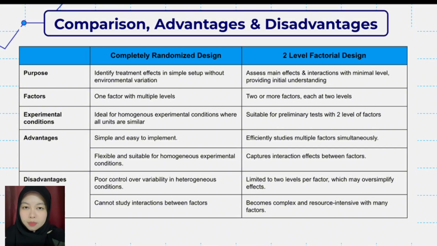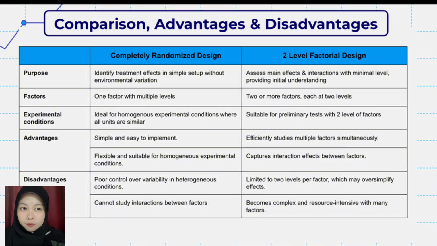While completely randomized design focuses on one factor with multiple levels, two-level factorial designs involve two or more factors, each with two levels, such as high and low. Therefore, completely randomized design is suitable for controlled and homogeneous conditions, whereas two-level factorial design is more effective in preliminary